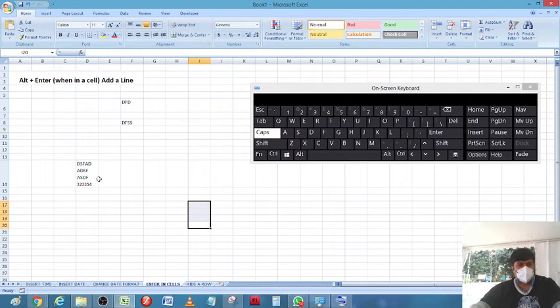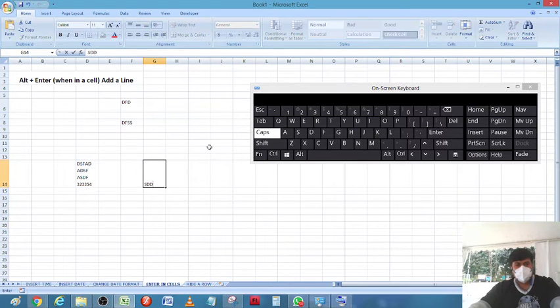Now let us see. In the same cell we can have entries in different lines, so we don't have to worry about how to enter many things in the same cell. We can use the Alt and Enter keys to separate letters, words, or lines in the same cell.